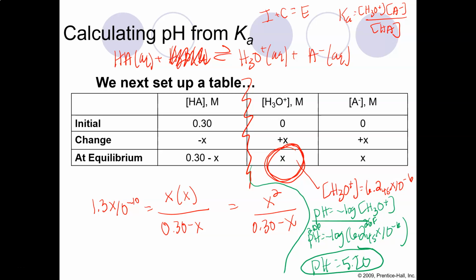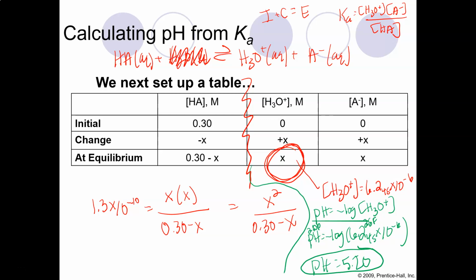Okay. So, quadratic formula. We did it. We survived. Everything's fine. But it turns out there is a possible shortcut to let us avoid the quadratic formula sometimes. I didn't show you this shortcut in chapter 15 because we didn't come across any situations that met the criteria to do the shortcut. But if we look at our value of x, the 6.245 times 10 to the negative sixth, that's a really small number,